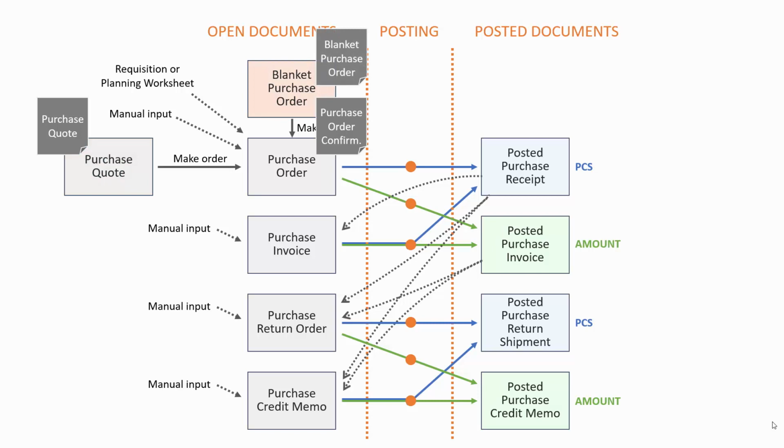On a purchase blanket order, likewise, it's a document that you send to the vendor as a kind of confirmation saying this is what we agreed. And on the posted purchase receipt, you have a purchase receipt document displaying all the lines that were received on that purchase order. That could be used, for instance, if you receive the goods on the ramps and you don't use advanced warehouse management and you want to have a document to put the items away on stock afterwards, so you can print that and use that in the warehouse.